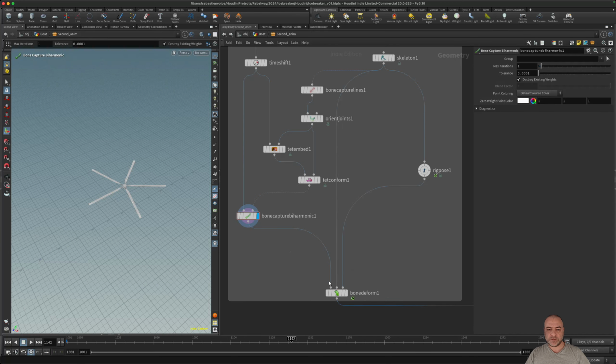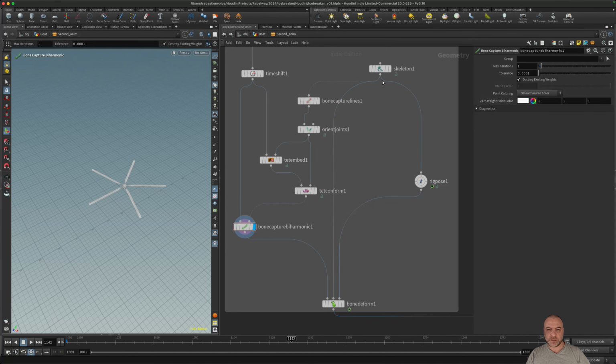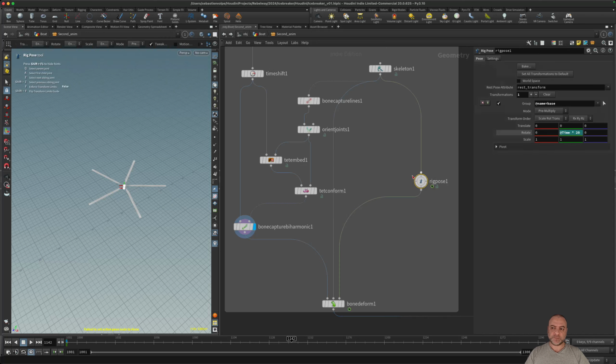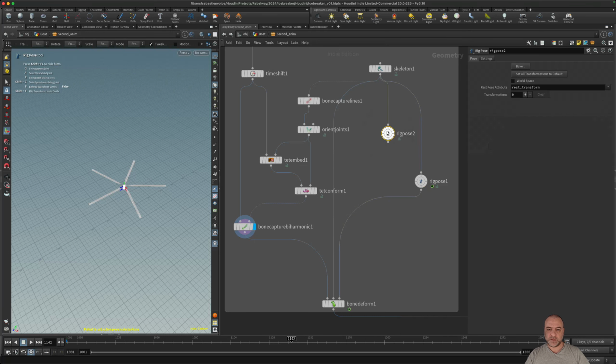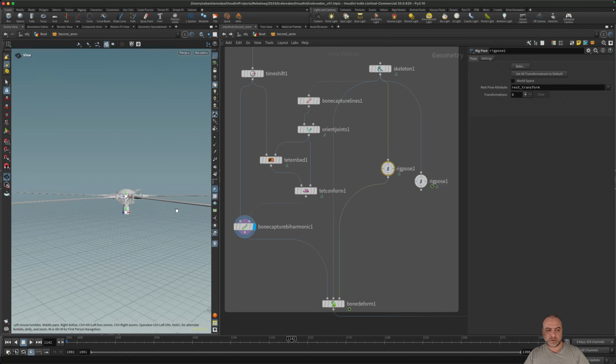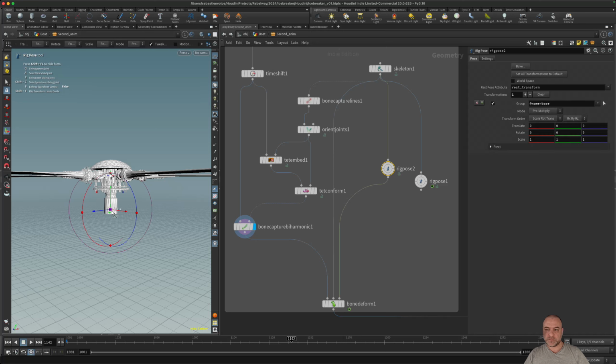And now a bone capture biharmonic. This is the first input to the bone deform. The second input is the rest points, the skeleton. And this one is for the animation. For the animation, I just choose a rig pose. I select a joint, this one.